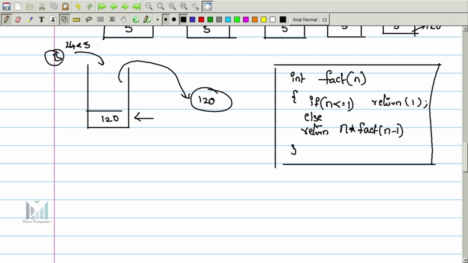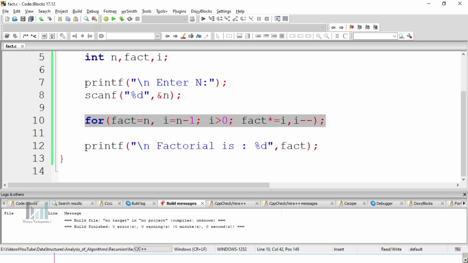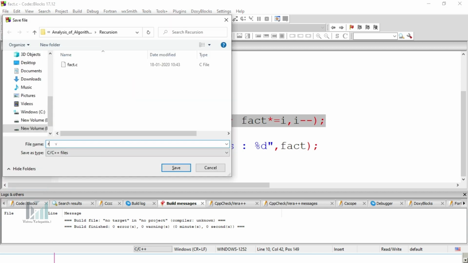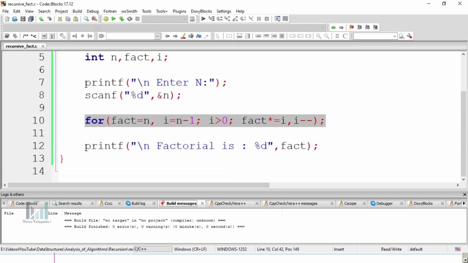See, Alt F8, recursive fact. So hash include